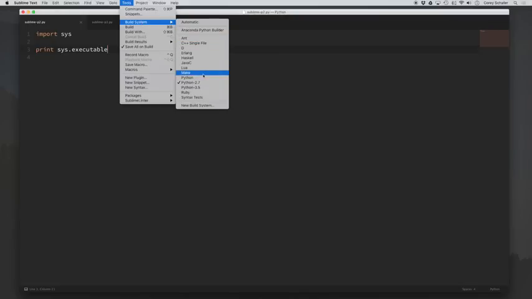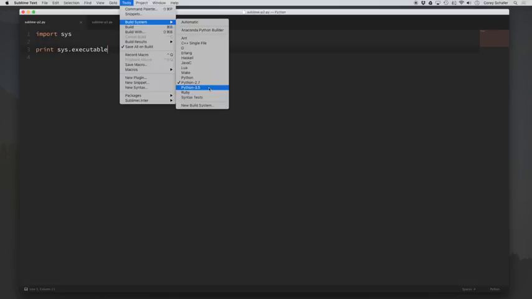that I have two custom build systems, one for Python 2.7 and one for Python 3.5. So depending on the project I'm working on, it's as easy as coming in here and choosing a different version if I want to run the program with that different version. So let's go ahead and recreate both of these build systems from scratch so that we can see how we